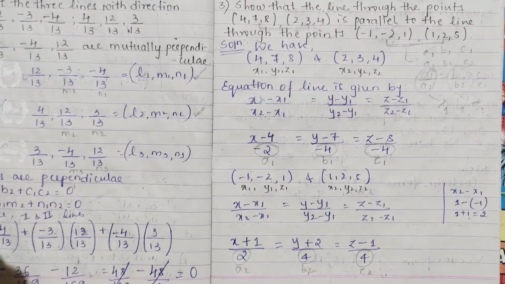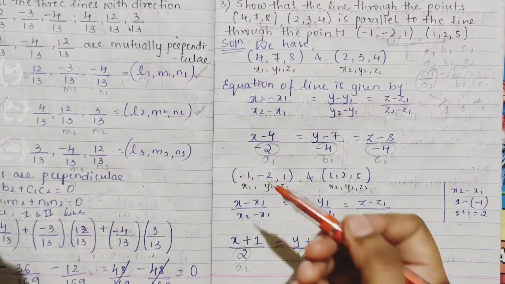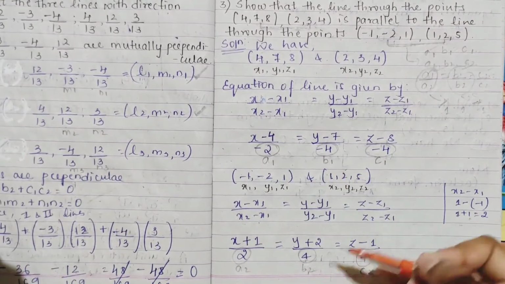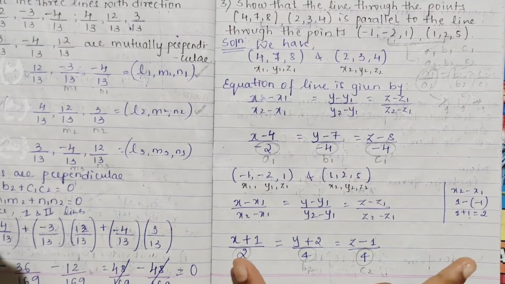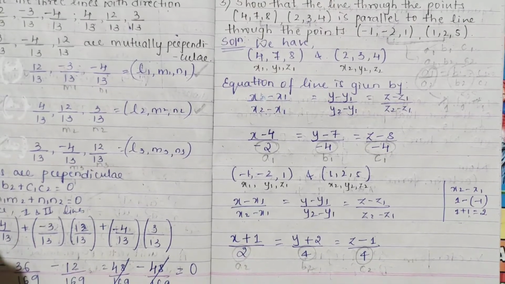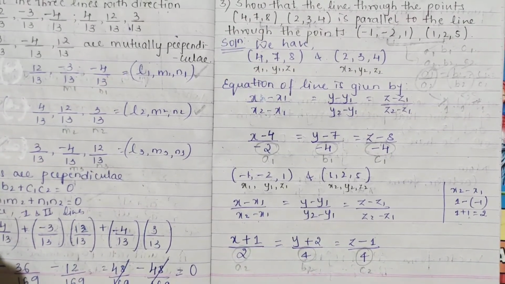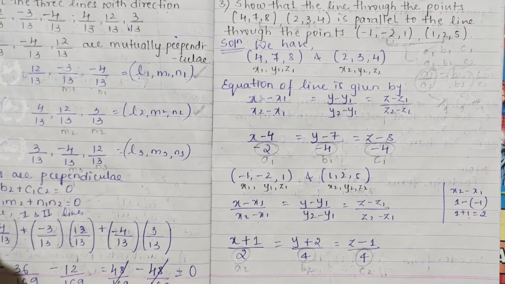Now to check parallel, what do you have to do? You have to check proportionality. Separately we will check A1 by A2, B1 by B2, C1 by C2. If we get the same value, it is okay. Pause the video to note this down. I hope it is clear. It is very easy, simple problems. Again, this chapter is also a mark-gaining chapter, students.